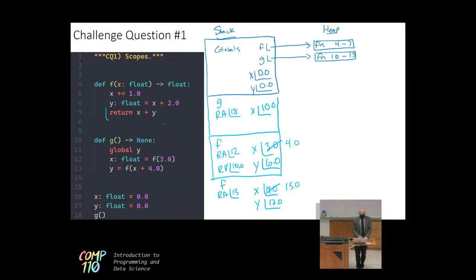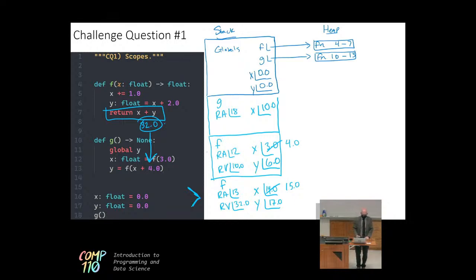And then we reach this return statement one more time. So what is x plus y? Our current frame is the frame where x is 15 and y is 17. So we substitute those in, and we're going to have a return value of 32.0, 15 plus 17. All right, so our return value here is 32.0 because it's a float. And we're sending that back to line 13, right? So f of x plus 4.0